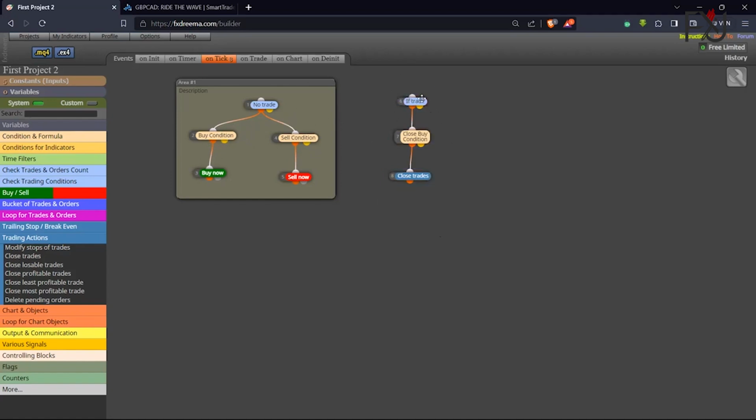And it will check if the trade is a buy, it will check if the condition for closing buy is met. And if it is met, it will close that trade. So we'll do the same thing for the sell side. Now, another thing you can also do while you're working is you can also copy and